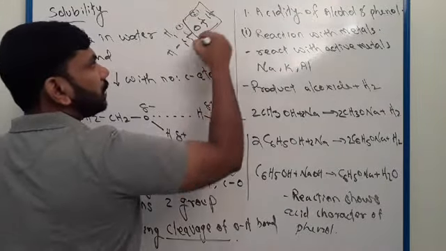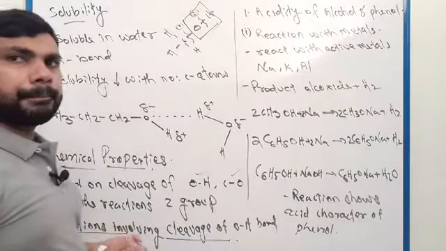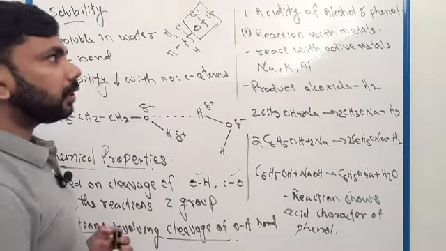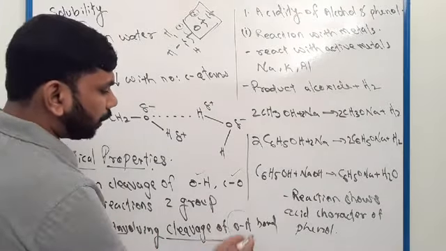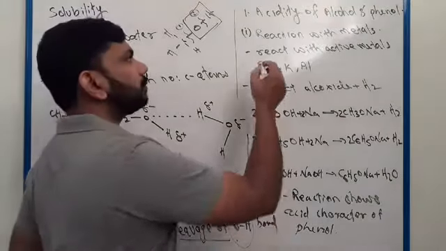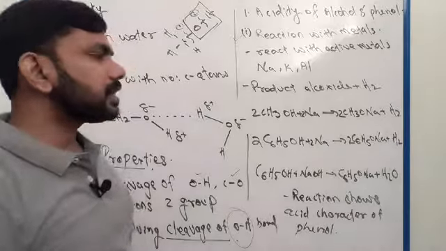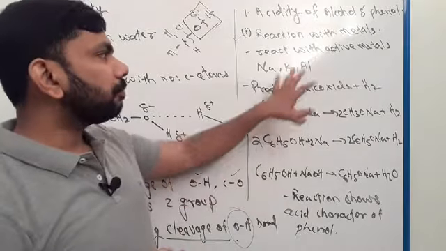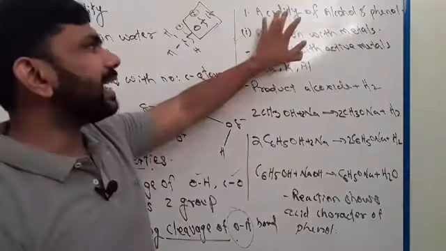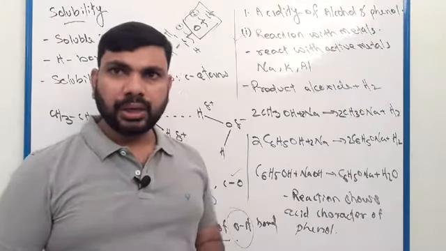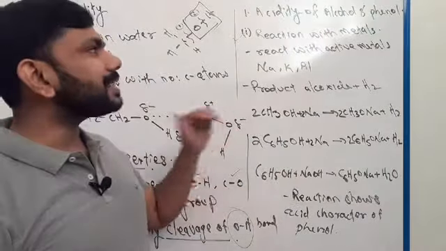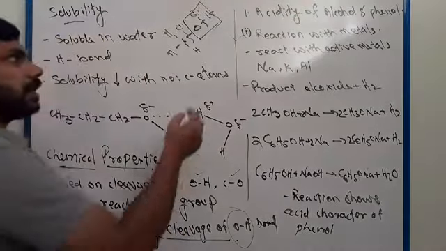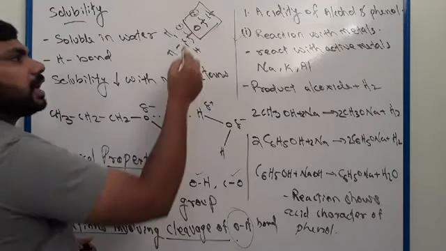First one we are talking over here, bond breaking which involves OH bond breaking. Alcohol or phenol reacts with the metals. Those chemical reactions depend on the acidity of alcohol or phenol. This chemical reaction shows the acidic character of alcohol or phenol. So here it depends on the bond breaking, the bond between oxygen and hydrogen.